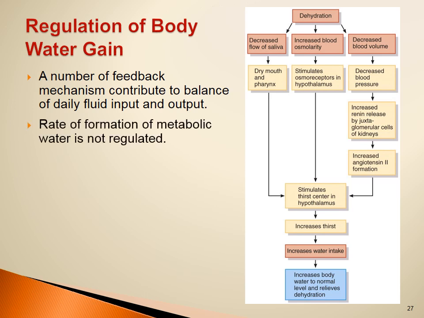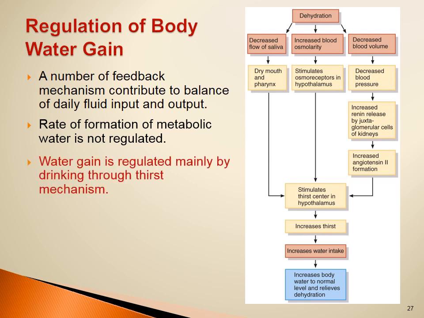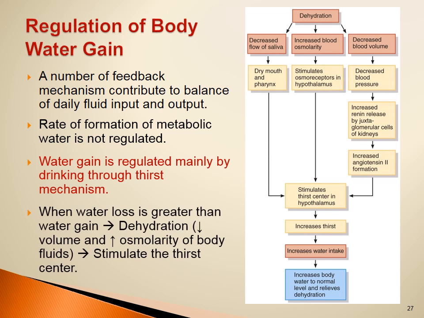Rate of formation of metabolic water is not regulated, so that 0.3 liters per day cannot be regulated. So what is regulated is the ingestion. So water gain is regulated mainly by drinking through the thirst mechanism. When water loss is greater than water gain, dehydration will happen, and this dehydration means we have less volume of water in our body fluids, and this will increase the osmolarity of the body fluids, and both will stimulate the